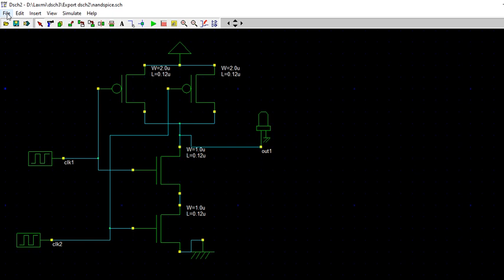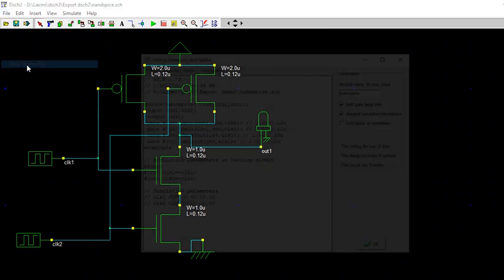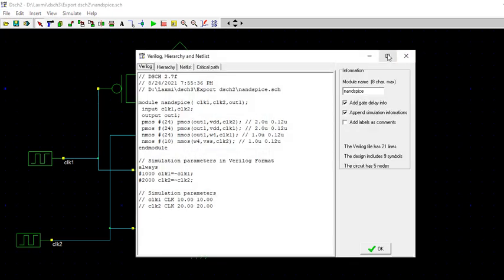If we want to get the Verilog file also, make Verilog. So same thing, this is the Verilog code. Verilog, how to write it: see the syntax, module NAND, clock inputs, out. These two are inputs, outputs, declaration for two PMOS and two NMOS, and always this is the format. So this is how to get the codes of the circuit in DSCH2.